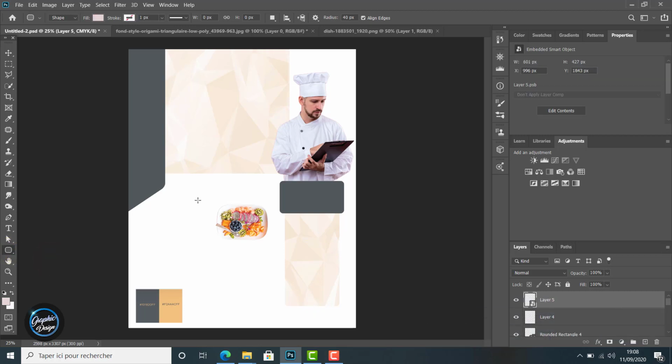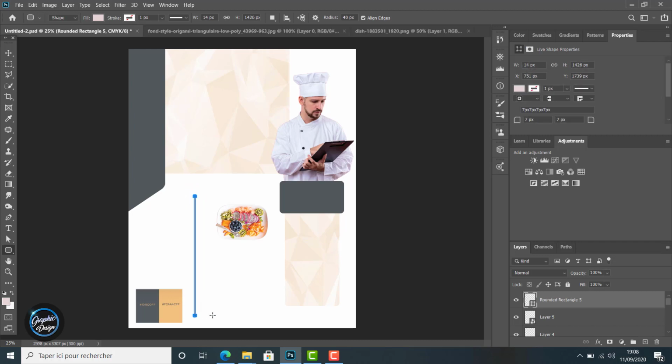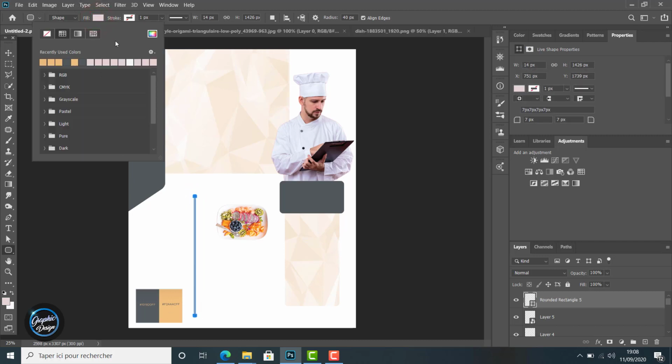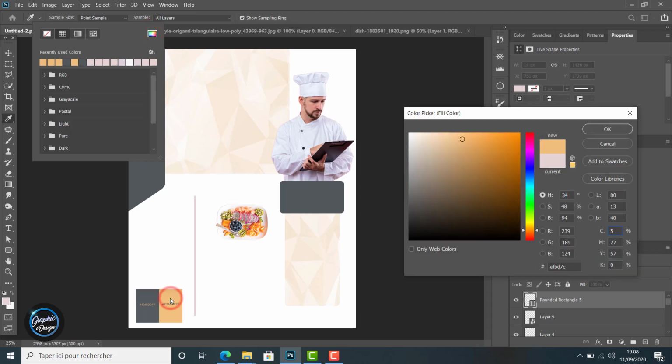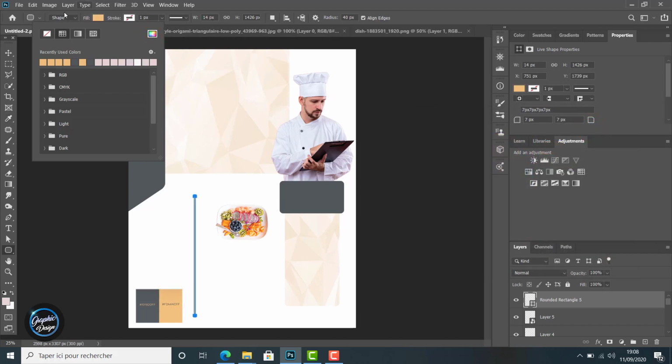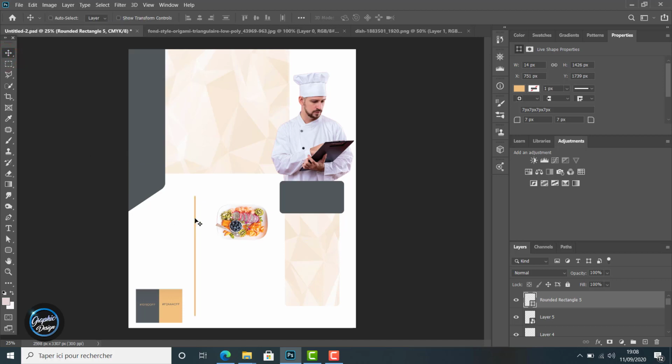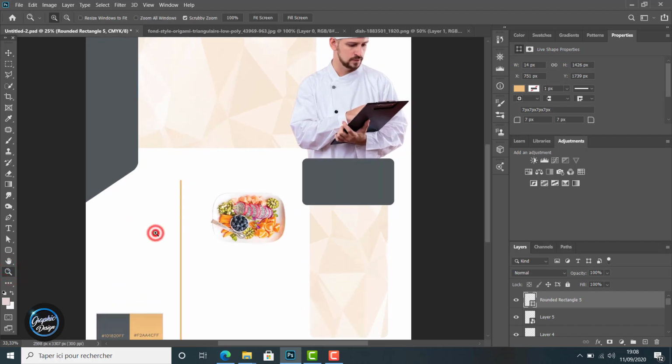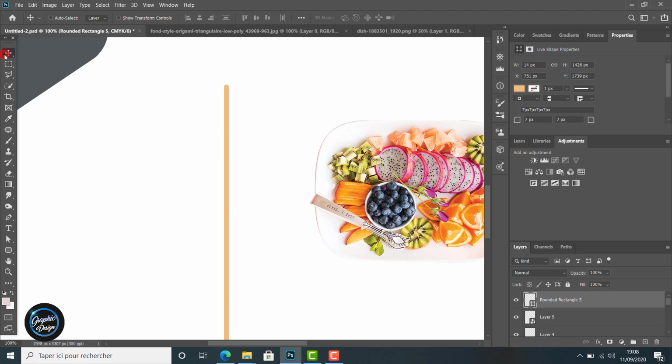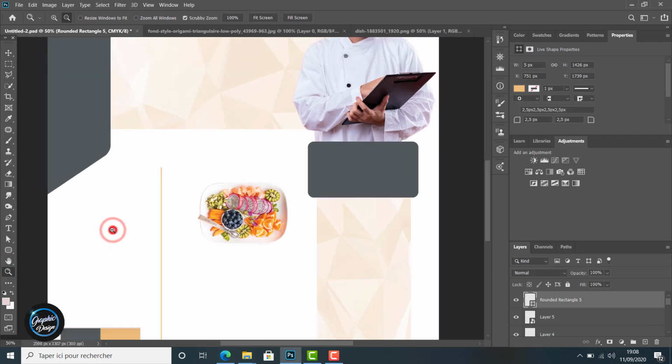Like you can see, we try to change the width of our line. It will not be very useful, so we will delete it, and this time we will use a rectangle tool, and we create a very thin and a very small rectangle. Like you can see here, I will choose the yellow color I am using on my flyer from the beginning, of course,